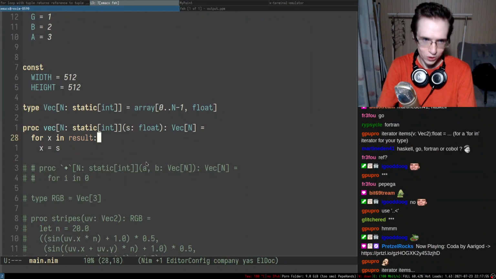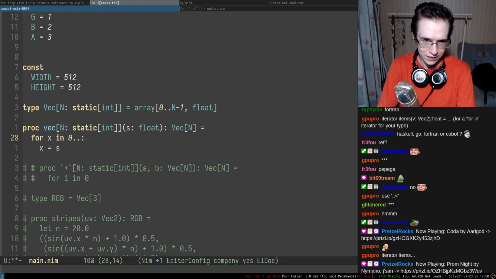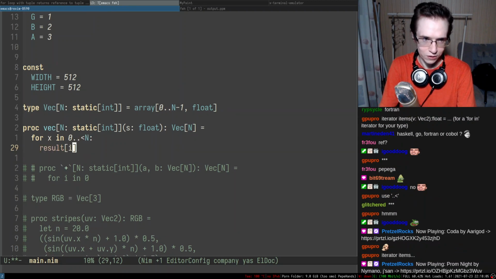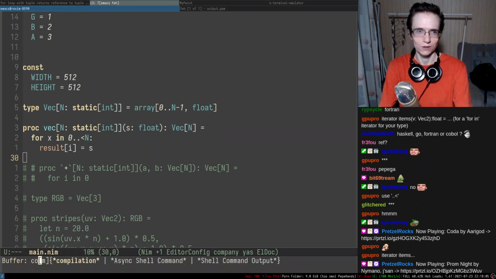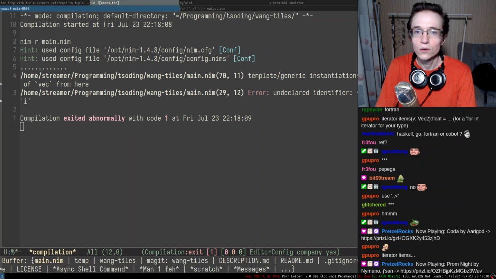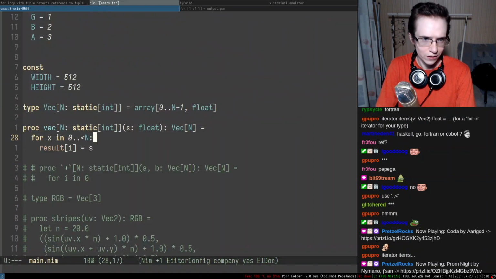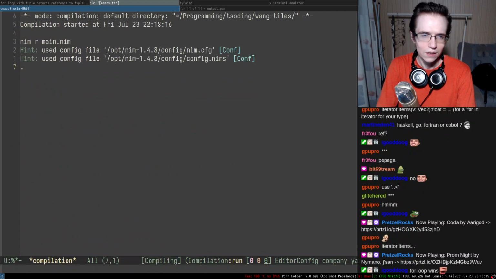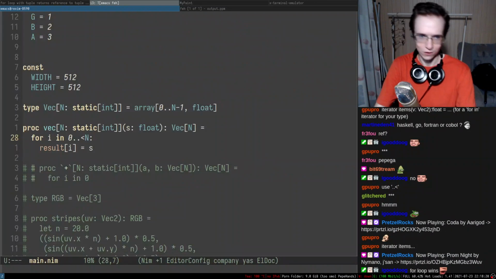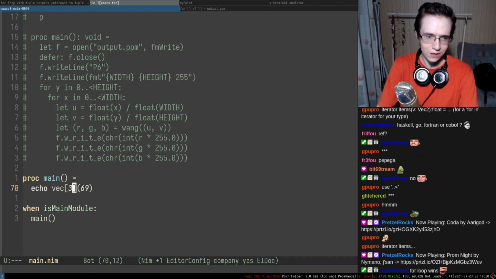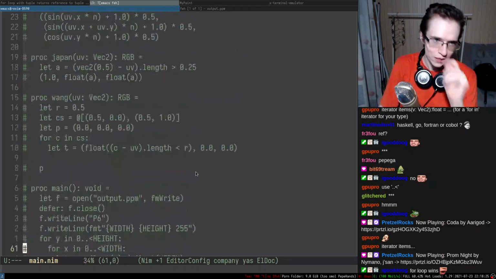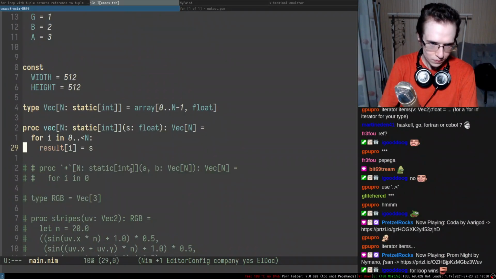Okay, I'm thinking I'm wasting too much time on this stuff. So we're gonna be doing something like i less than n, and then the result is essentially gonna be i. I'm not gonna bother to spend too much time on this. Template undeclared identifier i. So this is gonna be i. Okay, there we go. It actually generated. And if I want a vector of 3, it's also going to work for that, hopefully. Yeah, there we go. It seems to be working.